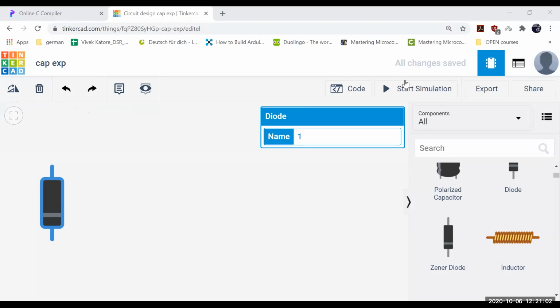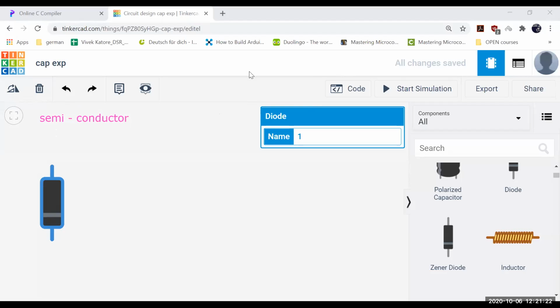No? So let me tell you. What I said is it's a semiconductor. What is the meaning of conductor?